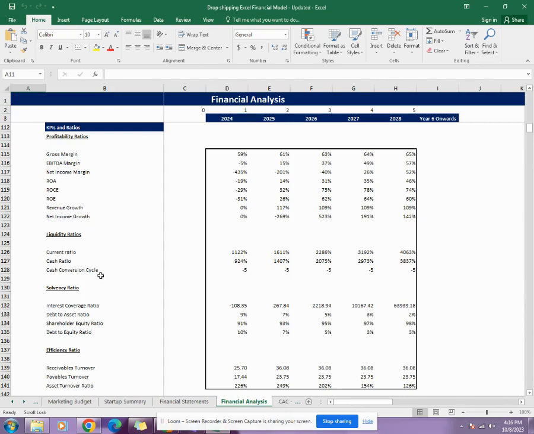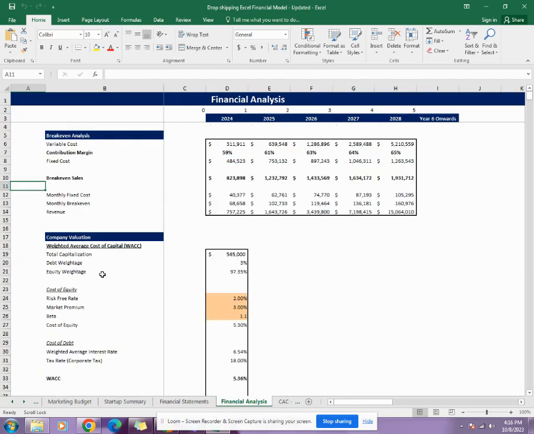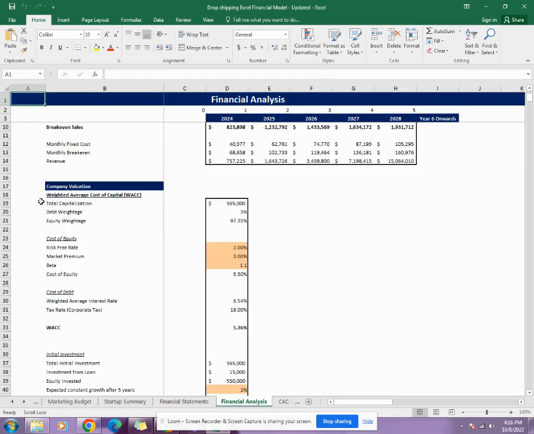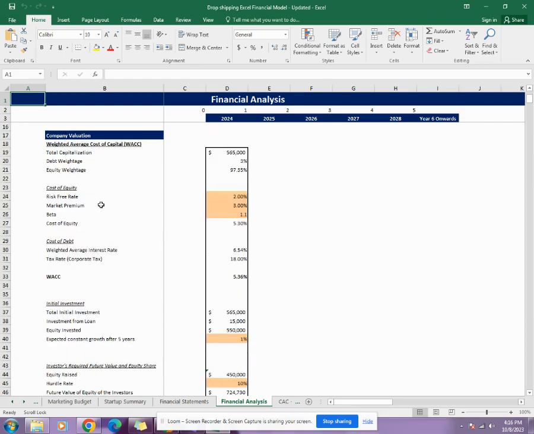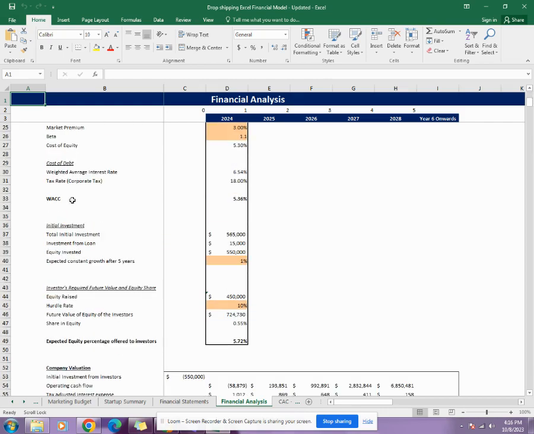Then comes the financial analysis. The financial analysis includes the break-even sales. It also includes the company valuation. The break-even analysis gives you the break-even sales, whereas the company valuation gives you the